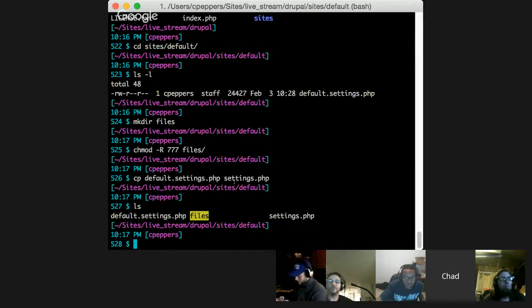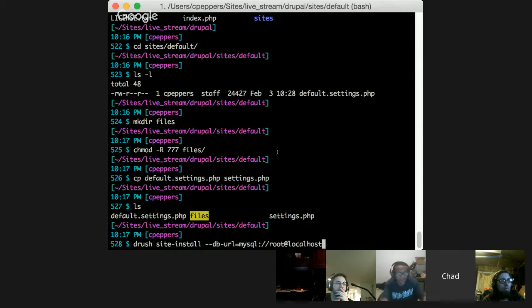So with that, there's a drush command to actually install Drupal. So you can do this a couple ways. You can load up your browser and install it that way, or you can just install it using drush. So if you type in drush site-install and then dash database URL equals MySQL root at